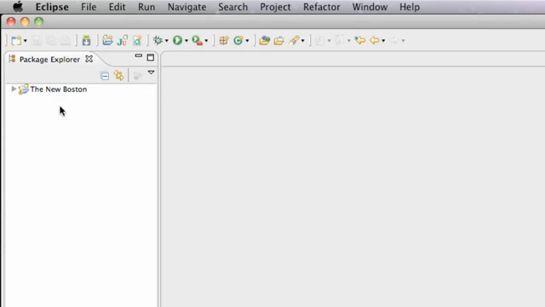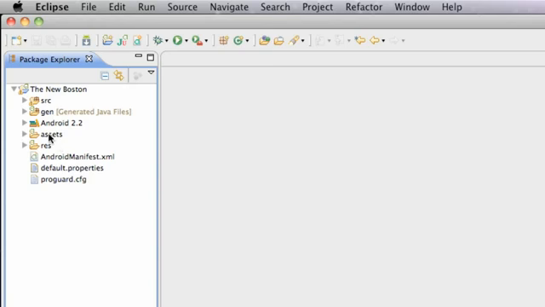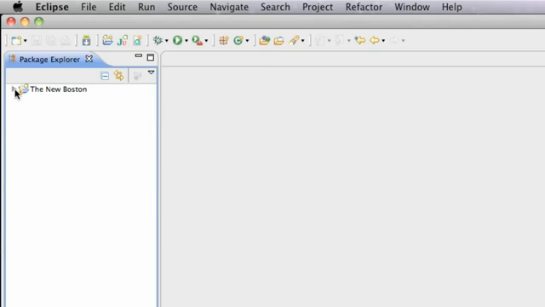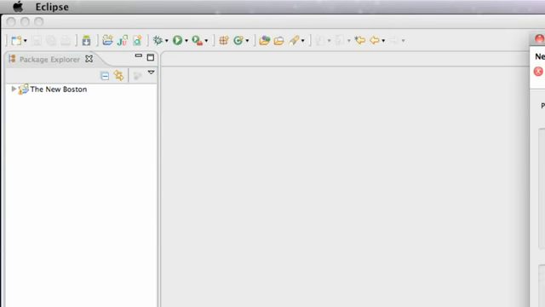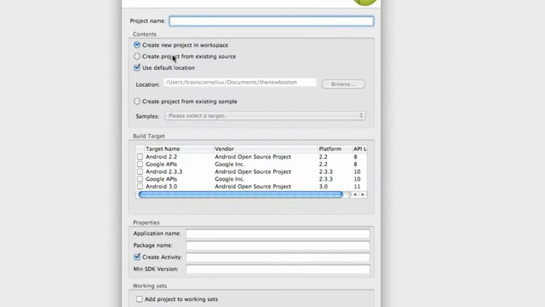So let's go into Eclipse here, and just start a Google Maps project. We can't just add the API or the jar into our project, which I tried doing. I made a tutorial doing it that way, but it didn't actually end up working. So we're going to create a new project just for Google Maps. Right click in that free space, go to Android project, and then type in whatever you guys want, maps, and we're going to say the new Boston, or whatever you want to label this. Again, you don't have to follow along for our package name, but we're just going to call this Google Maps,